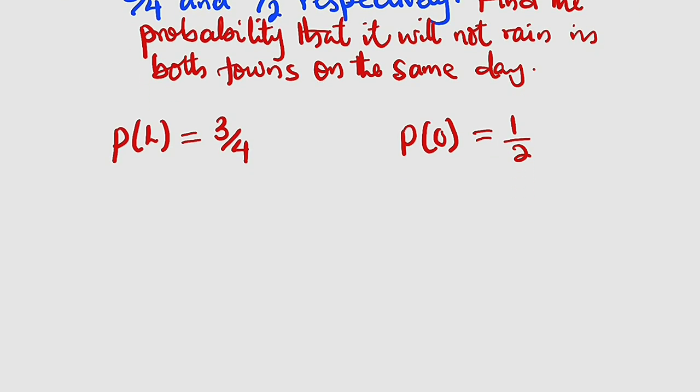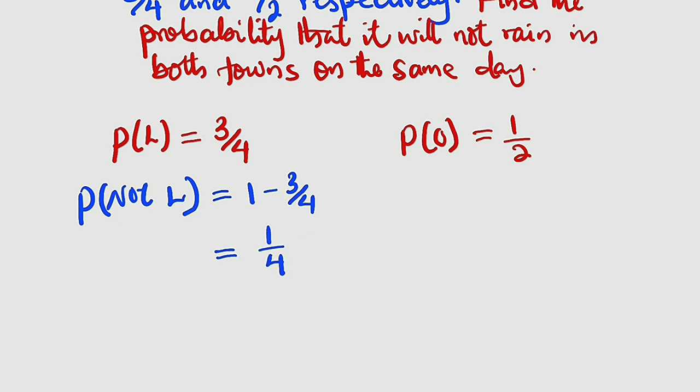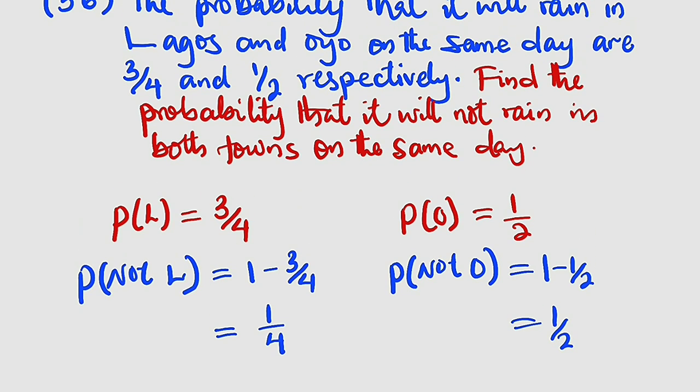But we are talking about it will not, right? So let me call it P not L. That is the probability that it will not rain in Lagos. This will be 1 minus 3 divided by 4. And once you simplify this, you're going to get 1 over 4. We do the same thing here. Probability that it will not rain in Oyo will be 1 minus 1 divided by 2, which is 1 divided by 2. But the question is saying we should find the probability that it will not rain in both towns